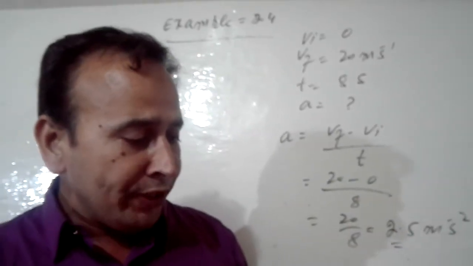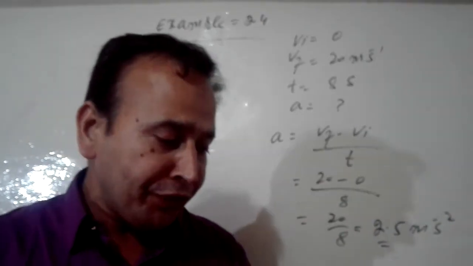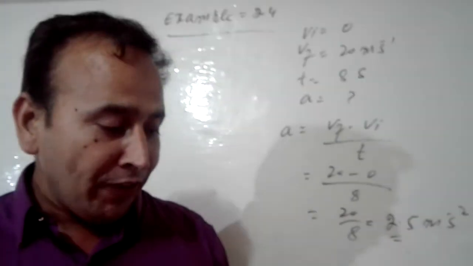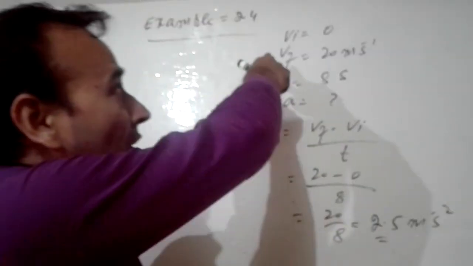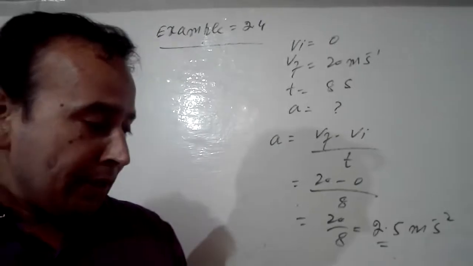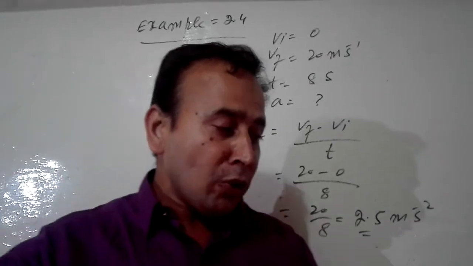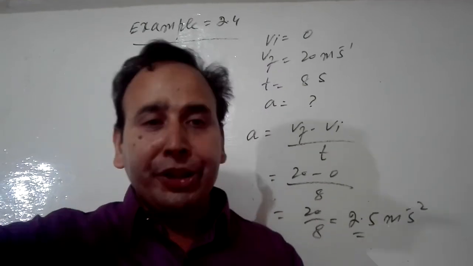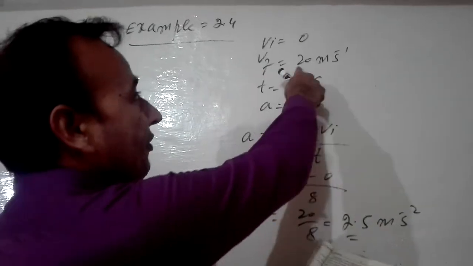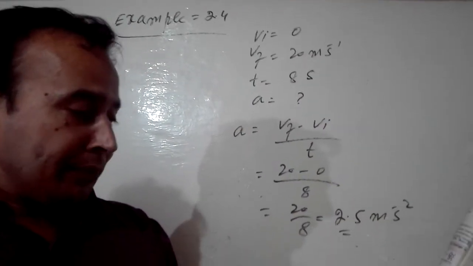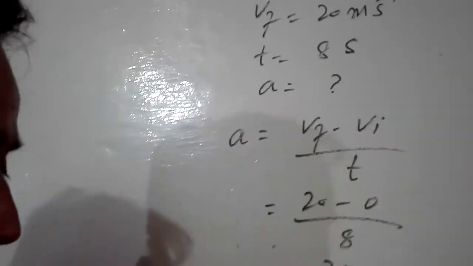Produced when a car moving at a velocity of 30 meter per second slows down uniformly to 15 meter per second in 5 seconds. Now what is the initial velocity? 30 meter per second is the initial velocity given. You will write Vi 30 meter per second. Next, slows down uniformly to 15 meter per second. Note that whenever somebody slows down, it means retardation is there. So Vf here is 15 meter per second. You will write Vf 15 meter per second. Then for T you will write the time given.